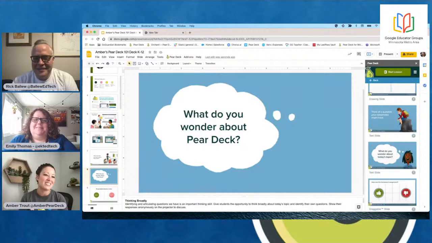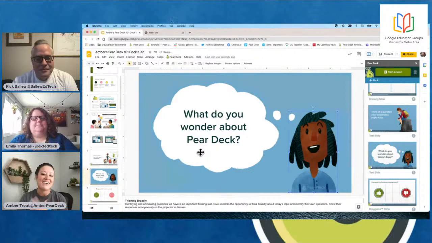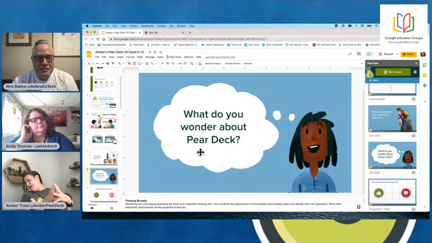Everything is 100% customizable. I know a lot of teachers like to put their Bitmoji on there. So by all means, use your Bitmoji. I'm going to save you from mine today, though, leave you with their great graphics. Just know that you do have that option to take off graphics. You can change the word cloud. You can change the background color.